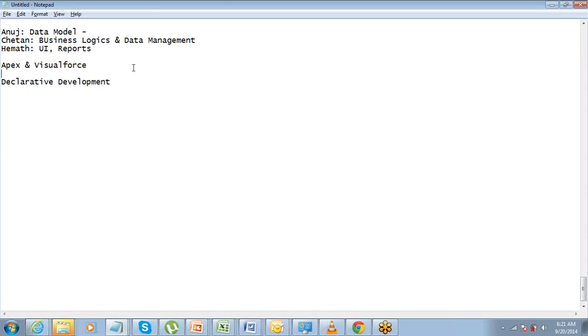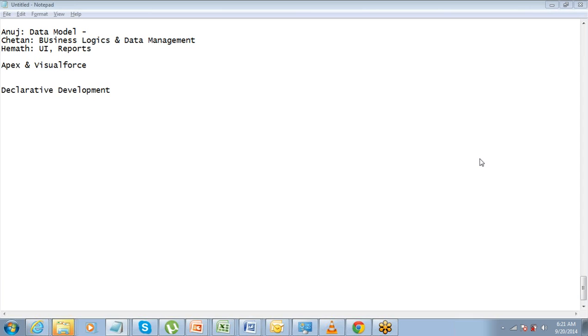You guys know what is declarative development, or the declarative side of development? Where we don't have to code out-of-the-box things that we get from Salesforce. Yes. Whenever we are talking about development or customizations in Salesforce, there are two ways of doing that. One is declarative, the other one is programmatic. Declarative is where you do not need to write a program. You just have the drag and drop options and you just have to declare certain things here and there and it can be done. So far whatever customization you have done is the declarative side.